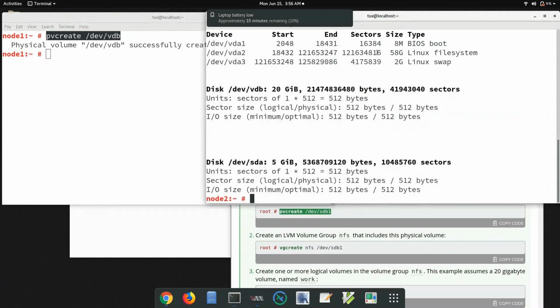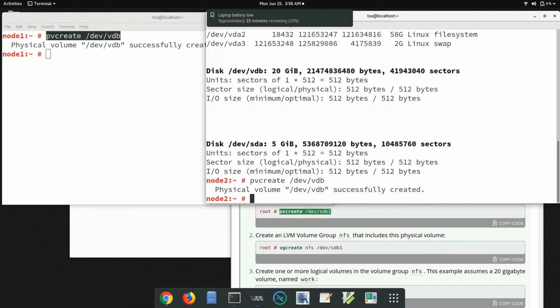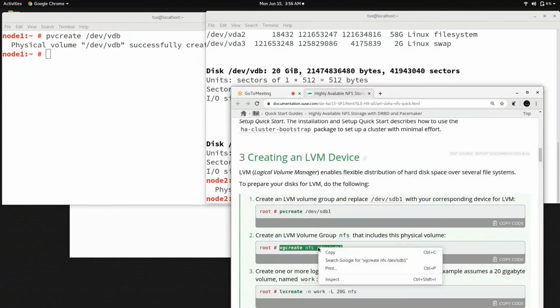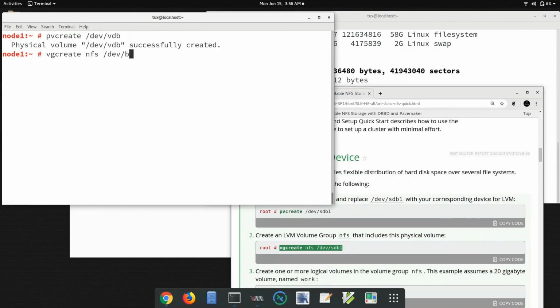I'm following this documentation the way it is designed, so I think it will help you understand how to follow online documentation. So just copying it in the second VDB, and the same is for this here.